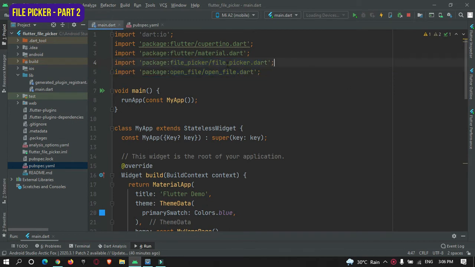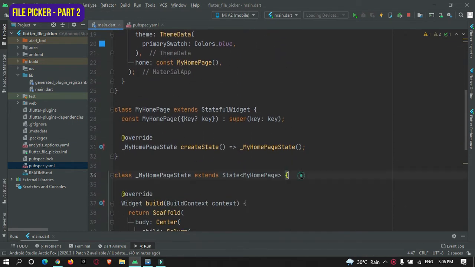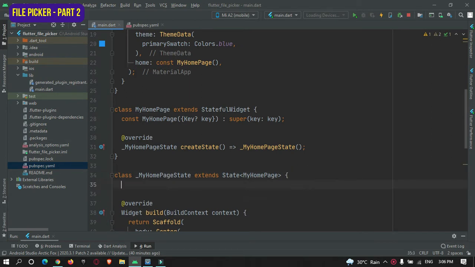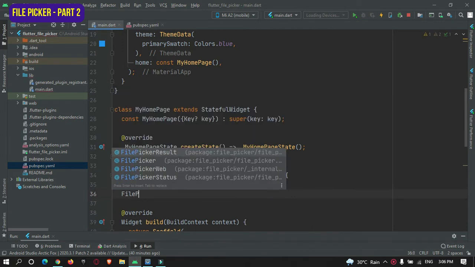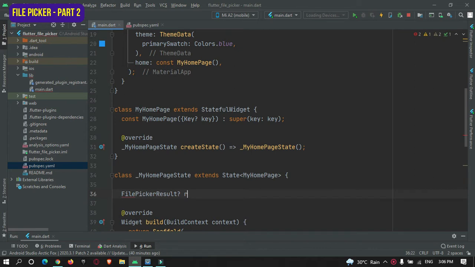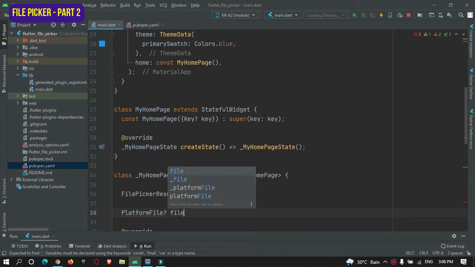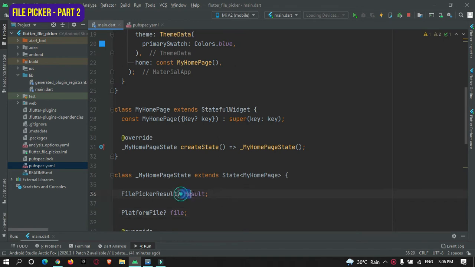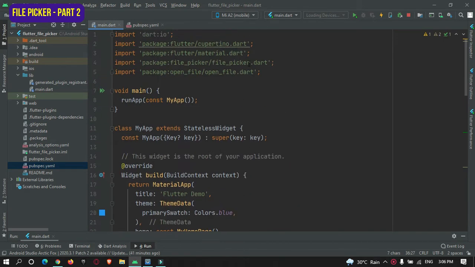Okay, so now after importing them, here we'll create an instance of file picker objects. So here, file picker result, and we need to store the picked file, so for that, platform file. So these are the two instance objects of the dependencies.